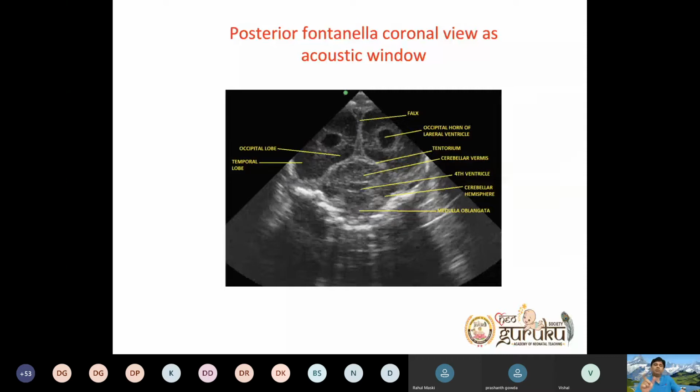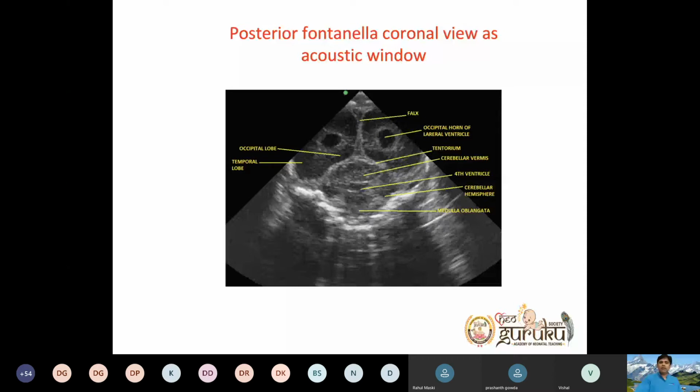Initially, try to fix one frequency and get certain images. As you gain experience and start enjoying ultrasound neurosonography with the features you have in your machine, accordingly you can adjust. You can increase the gain, decrease the gain. First, when you're taking the initial image, try to keep the gain where both far and near objects can be seen. So this is the coronal section.